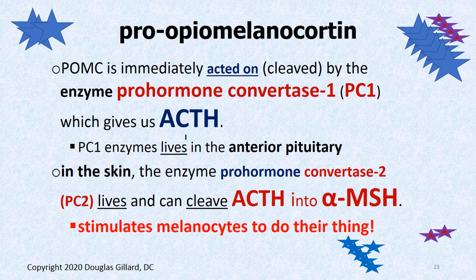Who really makes ACTH? There's an enzyme called prohormone convertase 1, because it converts a prohormone into a hormone. I guess that's where that came from. That's PC1. It lives in the anterior pituitary. There are cells that make it we won't get into. It's also in the skin. There's a similar enzyme that lives in the dermis and in the epidermis, and can be produced by the basal cells in the stratum basale, which is called prohormone convertase 2, a very similar enzyme. And it's a finicky enzyme, so the normal amount of ACTH floating around in your blood won't set it off. But if you have a ton of ACTH floating around your bloodstream, like in Addison's disease, it can start to wake up and grab some of this ACTH,